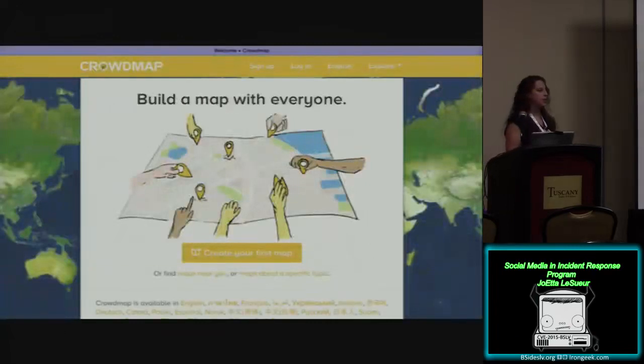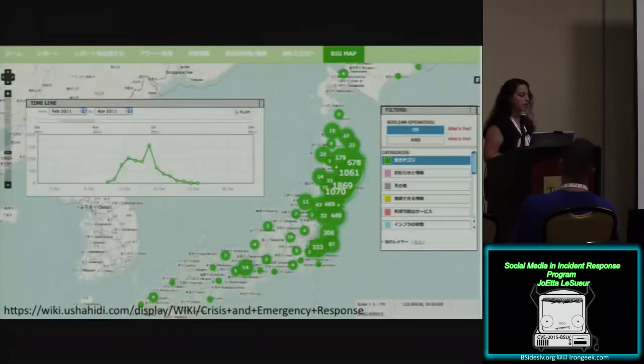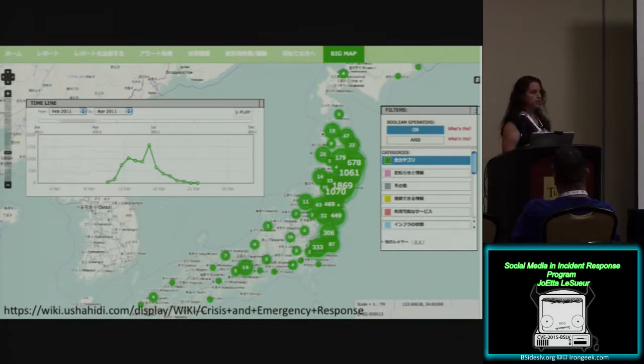All right, first up is CrowdMap. If your corporation has to deal with physical incidents or disasters, crisis management, if you will, then CrowdMap might be a tool for you. Let me give you an example. A tool very similar to this was used in the 2011 Japanese tsunami incident. The main utility companies were down. People could not use that as their means of communication. But they could use their cell phone and text messaging. They were able to find out where survivors were and match them up with their family members. They were also able to find out where resources are needed.